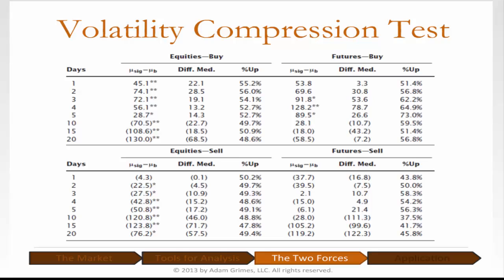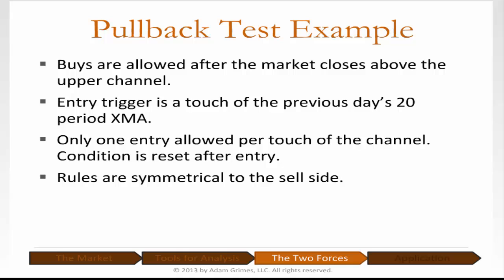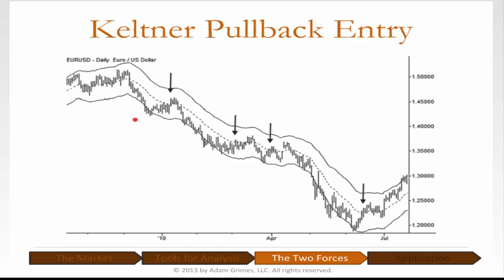Most of the momentum tools, by the way, work more similarly in futures and currencies to stocks than the mean reversion tools, which tend to work quite differently. So that condition of volatility compression is one, and a pullback. Again, I'm going to skip over some things, but here you see a very simple pullback test, and this was structured so once price pokes outside of the Keltner channel, we're looking to short around the moving average, and you do have to set this up for a test with precise conditions.